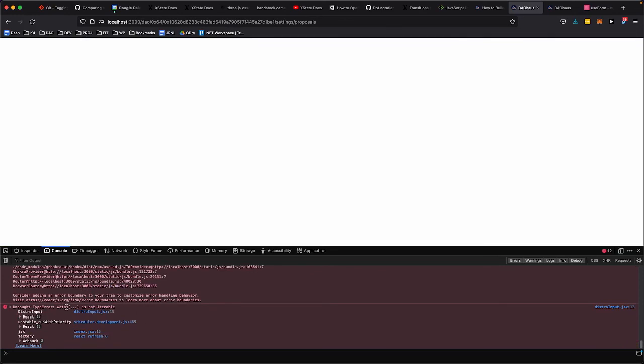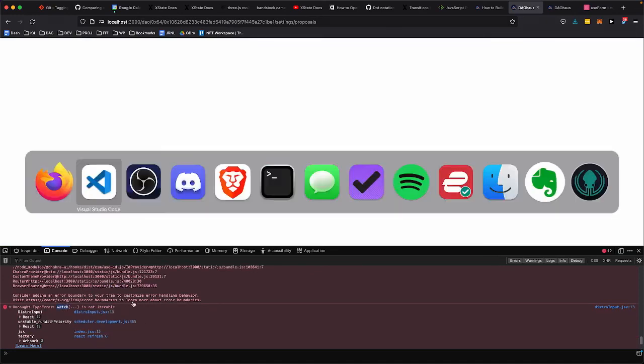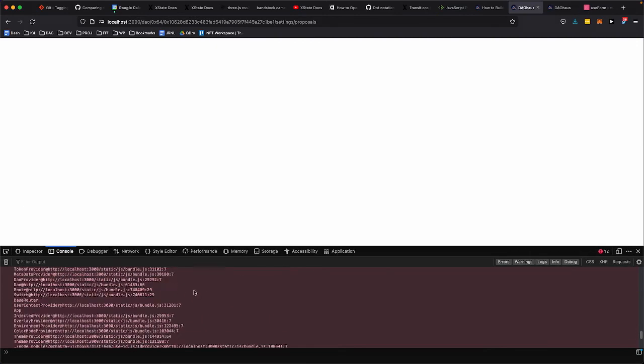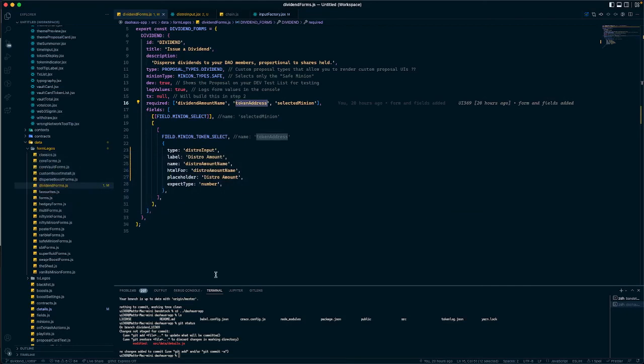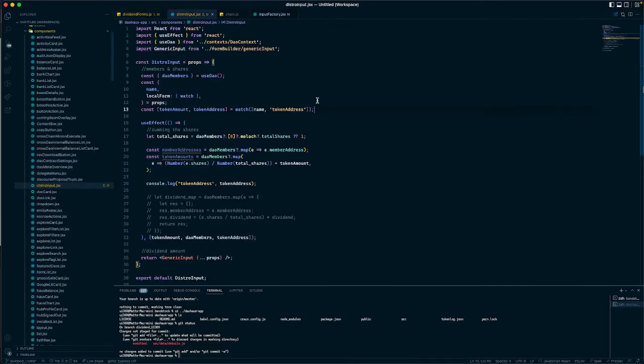And watch is not iterable. Now that one I'm a little confused about, because we did pass in the value correctly. Interesting. Watch